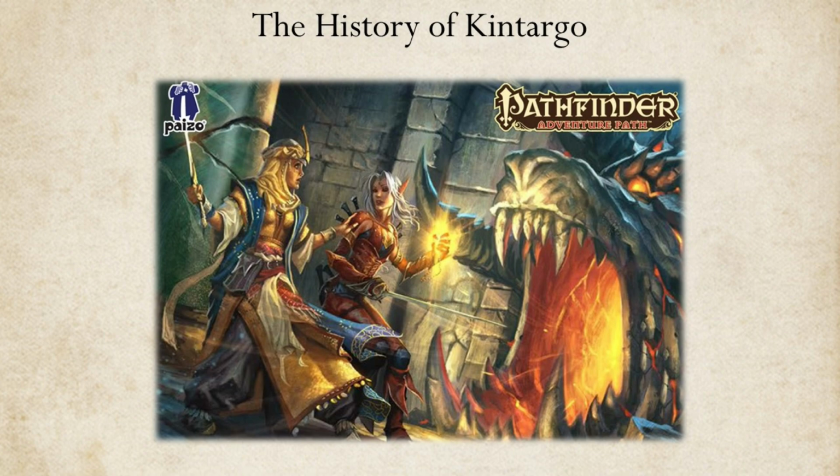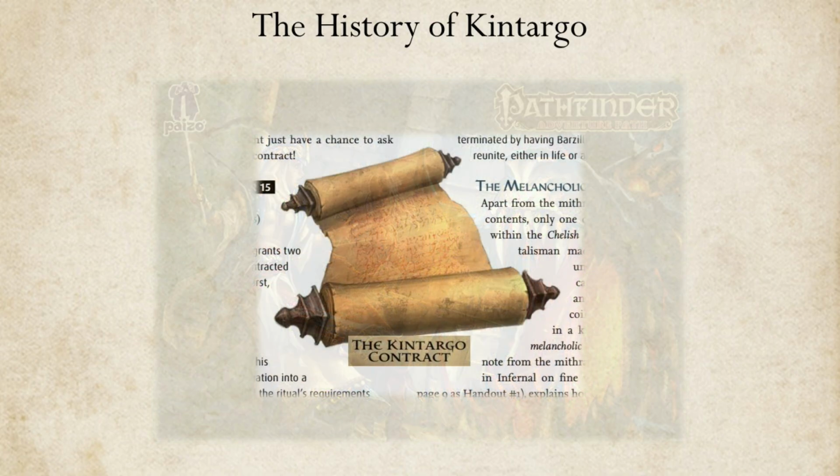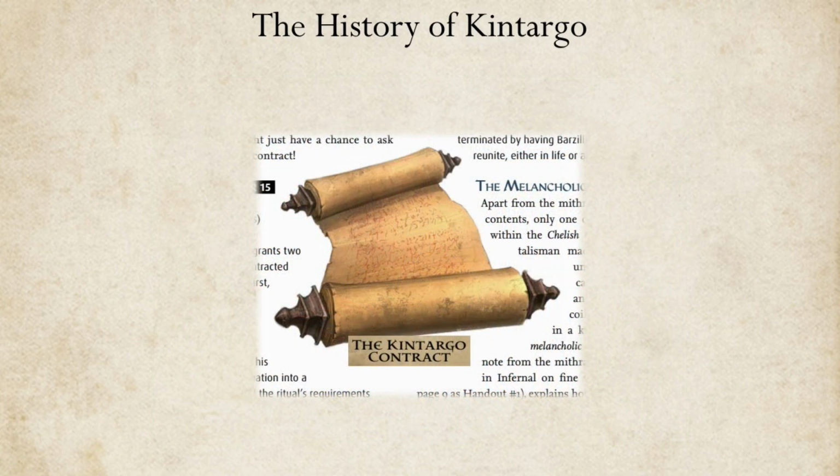The Silver Ravens had little time before House Thrune was able to deal with the glorious reclamation, and turn their full attention to reconquering Kintargo. In this moment of desperation, however, hope arrived in the form of a little-known infernal artifact called the Kintargo Contract. This document, written by Abigail I during her negotiations with Asmodeus, provided an obscure legal loophole by which the Silver Ravens could secure Kintargo's and all of Ravenel's freedom from Cheliax.